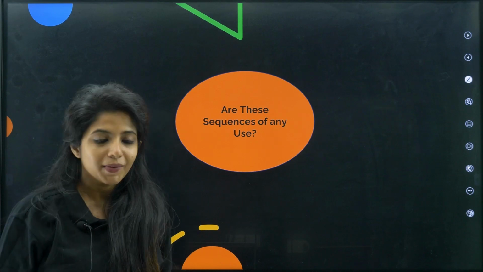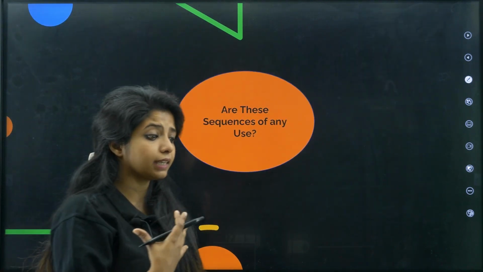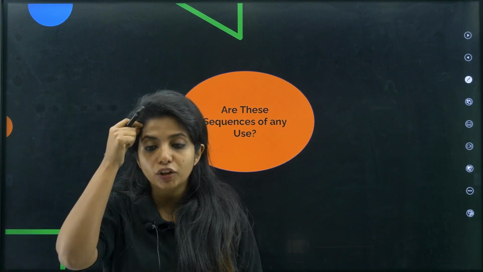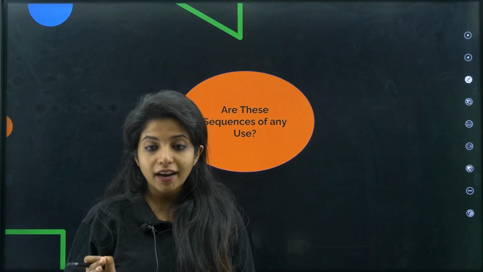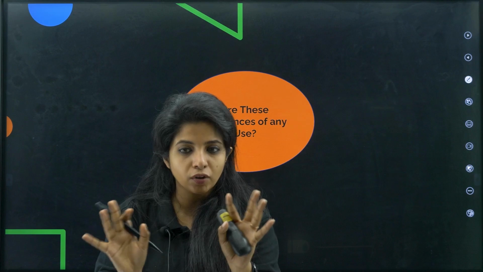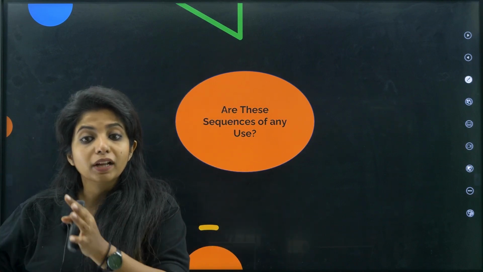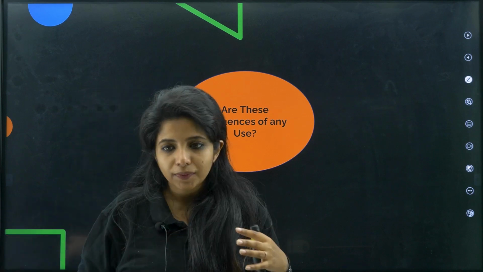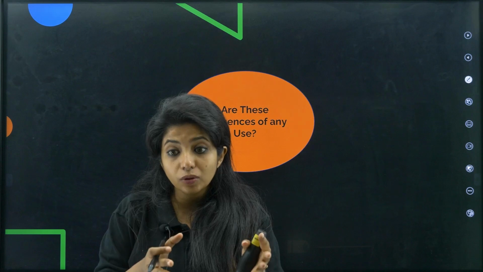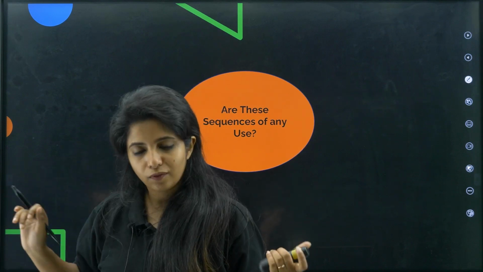Apart from that, the second scenario is when you have some crime going on and there is a blood stain, or someone's hair follicle, and you have the suspect's blood, suspect, not victim's, and you need to find out who did the crime. So you go on matching this with the people you are doubting. Now you have 3 people in your list, and when you match it, you find that this repeat is the same as the person who committed the crime, and then you get to know who is the one. We'll get to that as well.